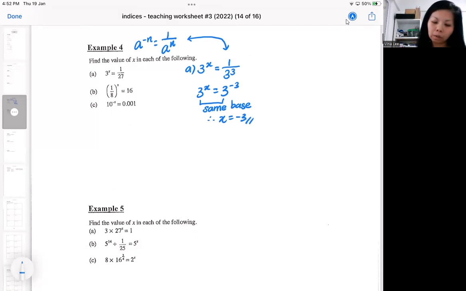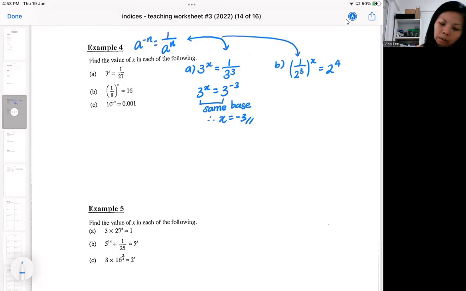For part B, you are also going to see a fraction. Before you swap anything regarding the fraction, is there anything special about the number 8 or 16? The instinct will be that 8 is actually 2 cubed, and 16 is actually 2 to the power 4. So you realize that they have a common base. Then I will swap this rule here. The next thing I will see is the double power rule. If you still remember, there's a power inside and a power outside, so the rule says that you're supposed to multiply. Again, you hit the idea of same base, which allows you to compare the power. So when you compare the power, you get the